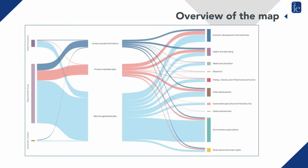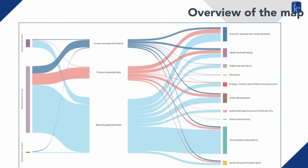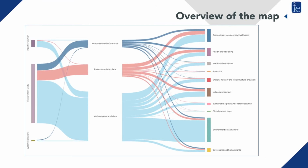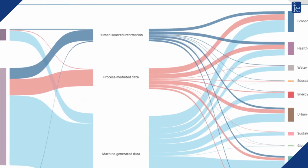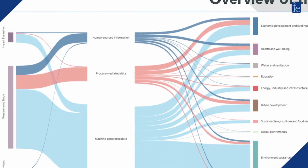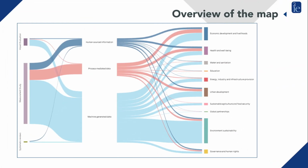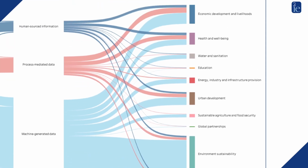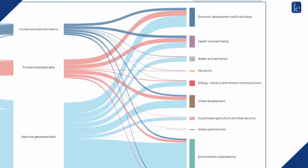In contrast to the machine-generated sources, there were far fewer process-mediated sources, shown in red, including administrative data, call detail records, e-transactions, basically events that are systematically logged as they happen, and human source data in dark blue, including social media, crowdsourcing, citizen reporting. The top categories of outcomes studied are environmental sustainability, economic development and livelihoods, urban development, and